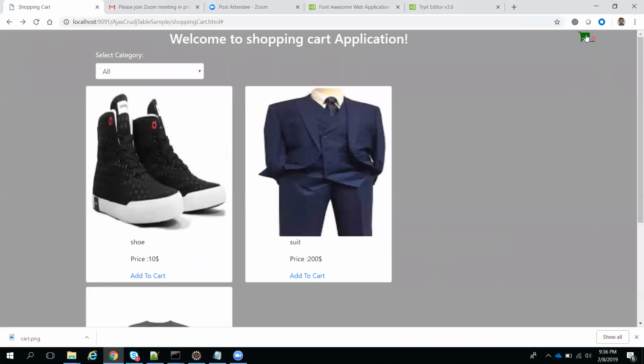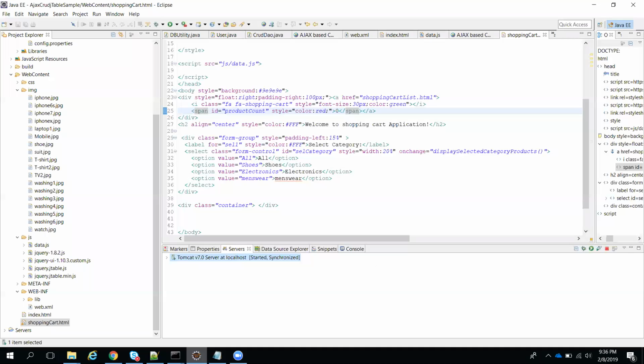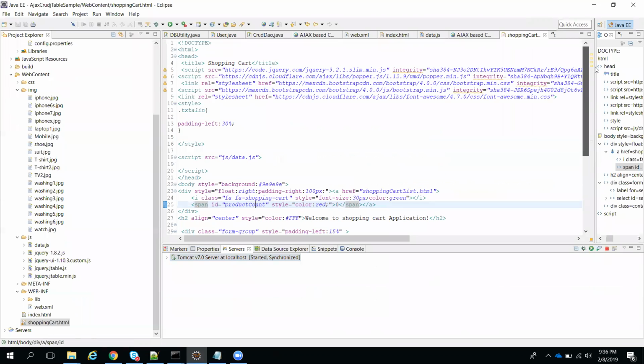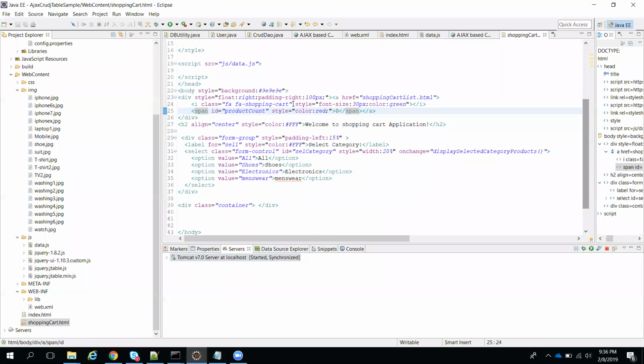So I will add something here. Now I added one product here. Now clicking on this one, I want to go to the next screen. To do that, I started one functionality. If you go to my shopping cart icon, where the product count is, now I want to make it an on-click event. So where is this anchor tag?